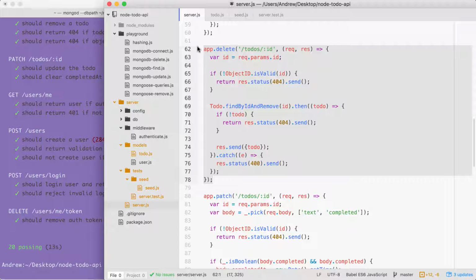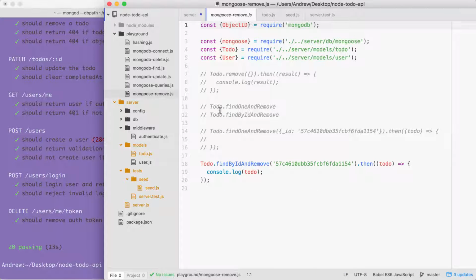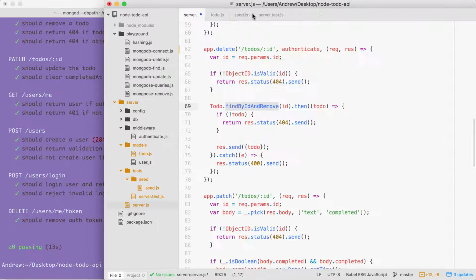This is the last one we're going to do together, and the process is going to be very similar. Those same 3 steps. Add the middleware, update the query, update the test cases. First up, the middleware, authenticate, and second up is the query. Currently, we use findByIdAndRemove. If you remember from our mongoose remove file, there's a method called findOneAndRemove. This is what we want to use. We don't just want to find by ID, we want to find by ID and by the creator,